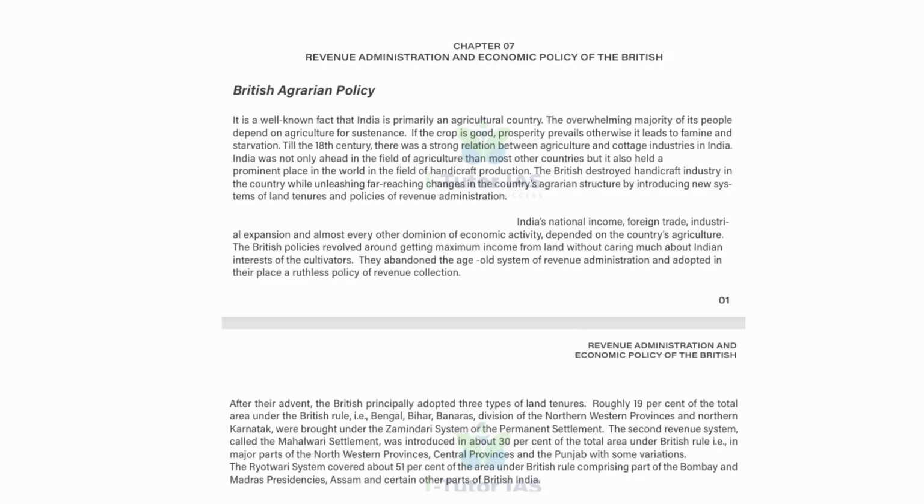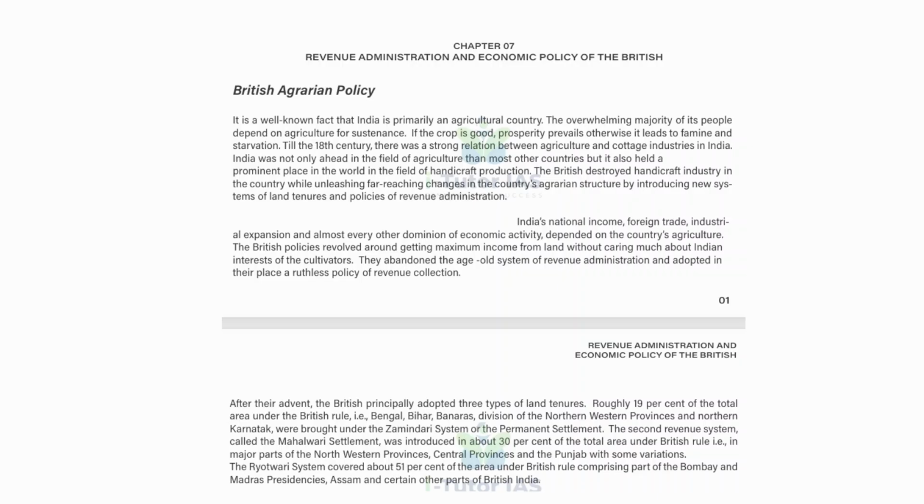The next land revenue system was the Ryotwari system of the 1820s, developed by Thomas Munro in the Madras and Bombay presidencies. Revenue was settled directly with the cultivators, called ryots. That's why it's called the Ryotwari system, and it was often at 45% to 55% of the produce, leading to high peasant